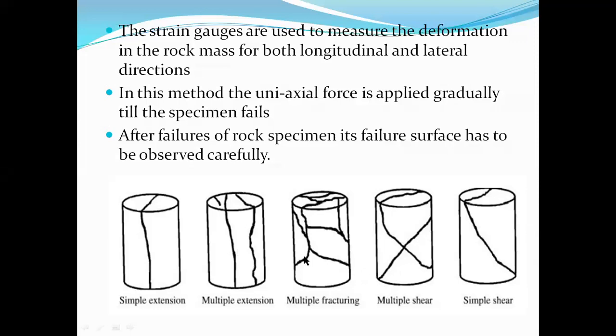So if I'm observing the failure surfaces of the rock specimen, we can easily conclude whether there is any plane of weakness along which there is a likelihood of failure, how exactly the failure is going to take place, what would be the normal and corresponding shear stresses acting along the failure plane, and what would be the cohesion acting on this particular plane. Those things we can determine as part of the laboratory experiments. So observation of the failure surfaces of the rock specimen after performing the test is very, very important, and those images we need to capture.